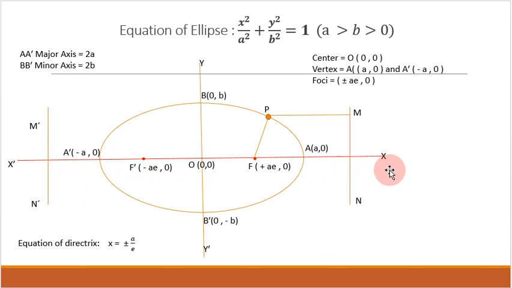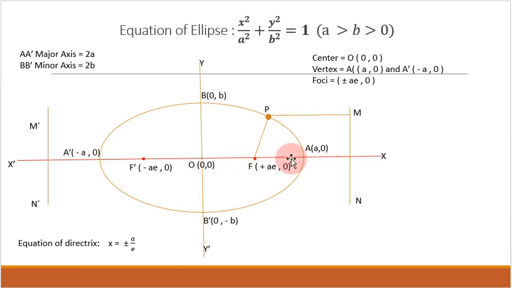The x-axis is the major axis if the center is origin, and if the center is other than origin, that is h, k, then the major axis is parallel to the x-axis, and the length of the major axis is 2a again,